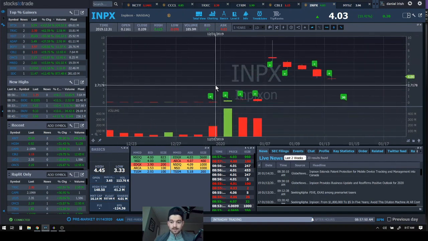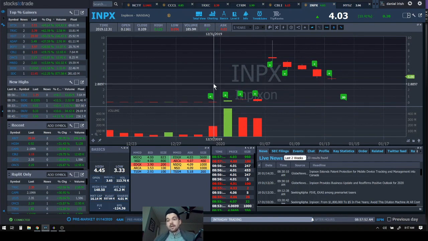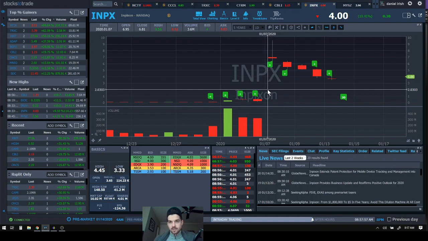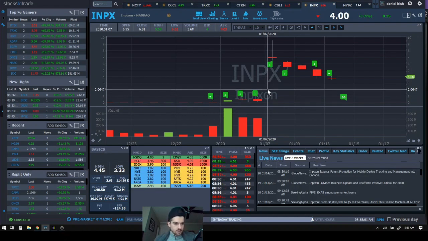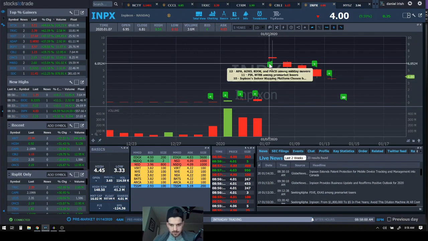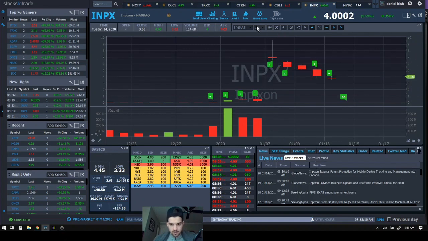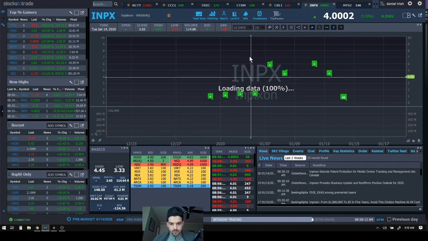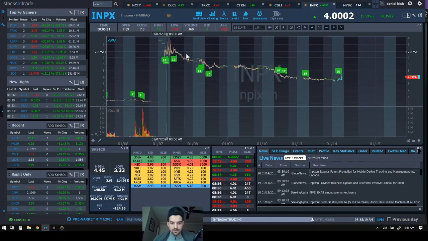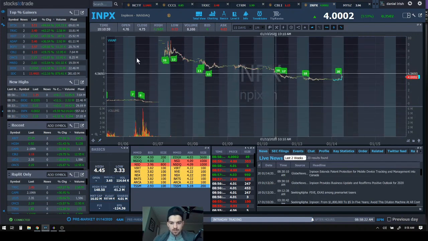So bad. All right, so this is a recent split. They keep doing splits, they keep doing financings, it keeps washing and rushing long-term investors. So gapped up. Well, this was a split, right? What was this? Oh yeah, that's a split. Okay, so that's a reverse split. It's washed like every day afterwards, but